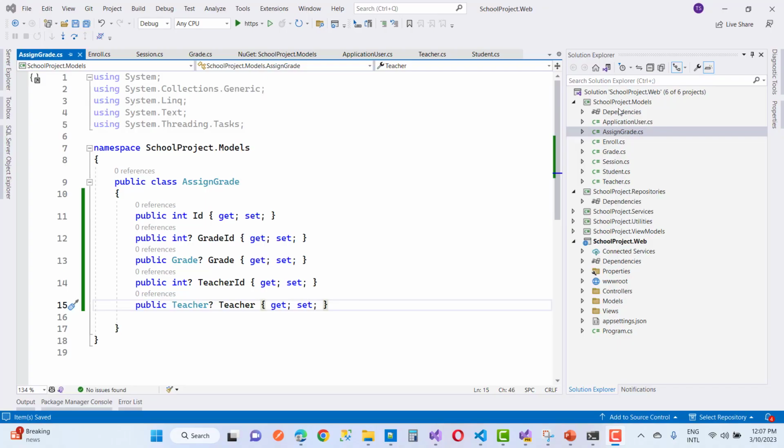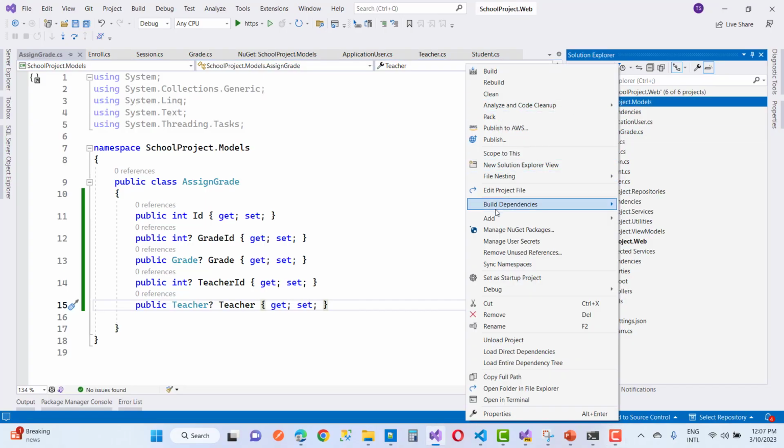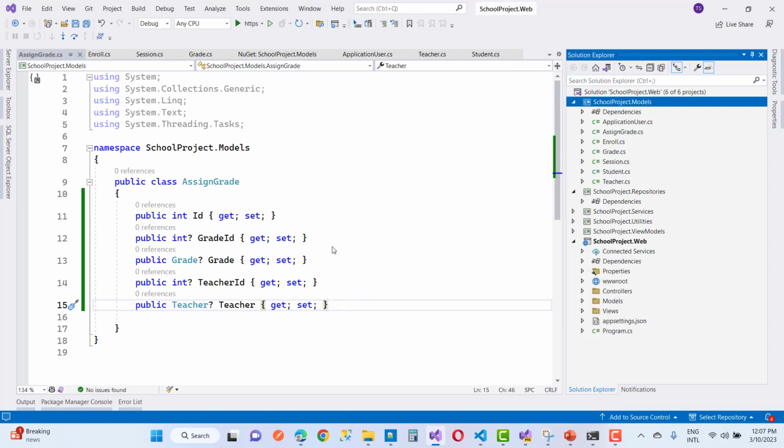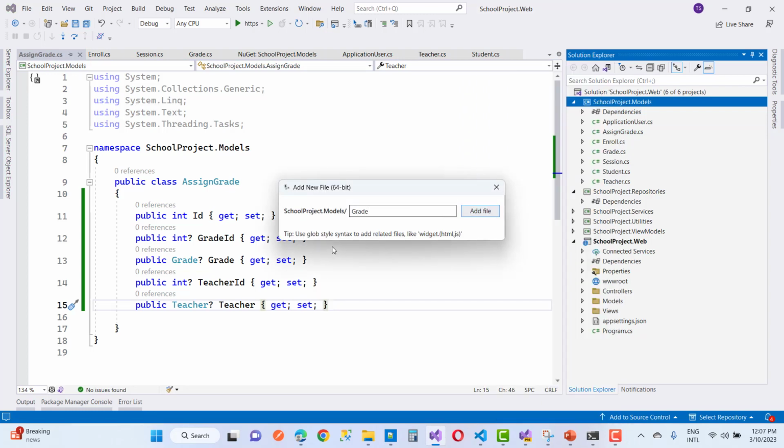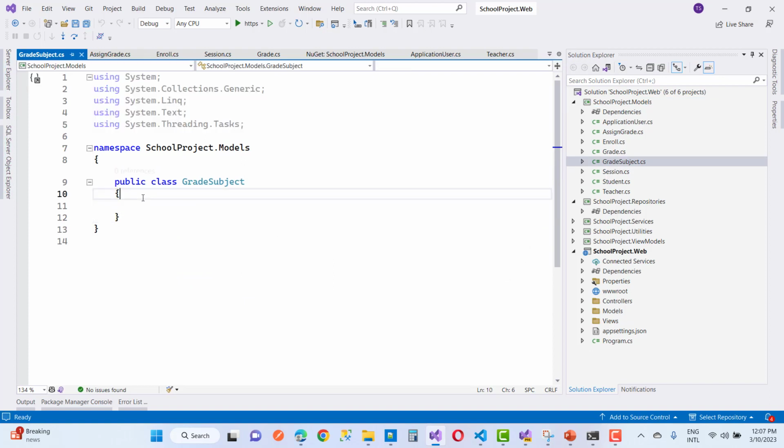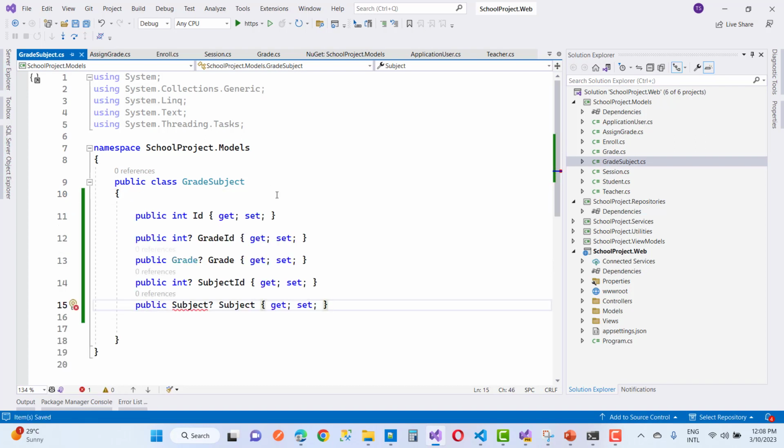Okay, now also here we have a many-to-many relationship between the grade and the subject. So here I'm going to add a new empty file, and that is grade subject.cs, and here I'm going to add these properties. Grade subject, oops, that is between the grade and the subject. So these properties are related to the grade and the subject like this. Here we have the subject ID, and here with the student's grade, assigned grade,